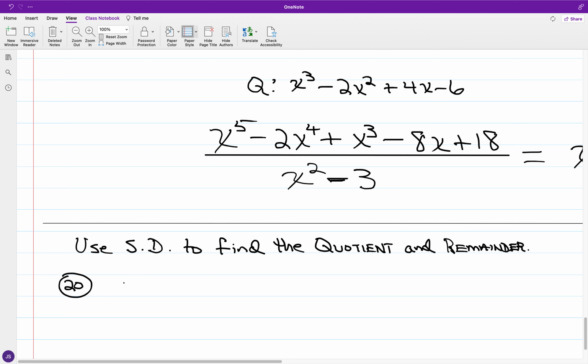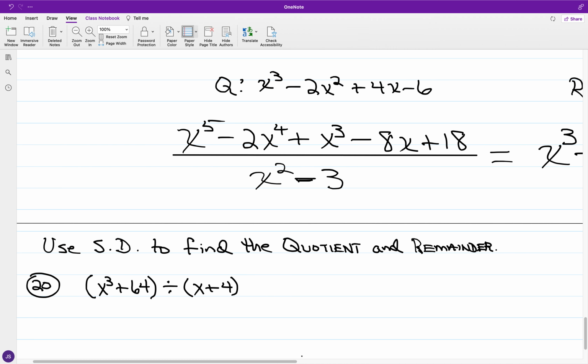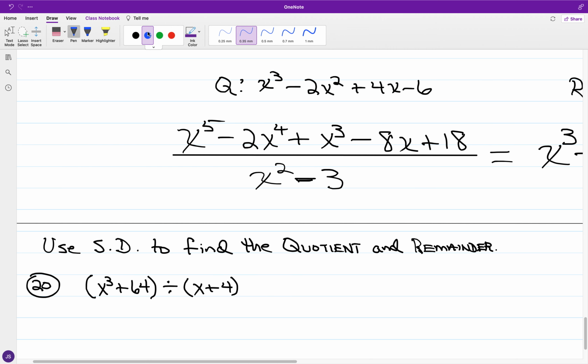Say we have, in the case of number 20, x cubed plus 64 divided by x plus 4. And if I take what I have here, we're going to use synthetic division. I just want to mention